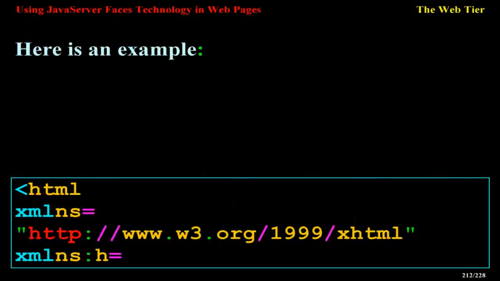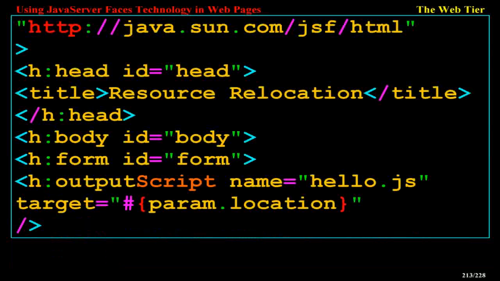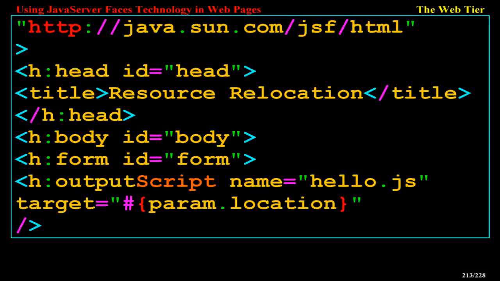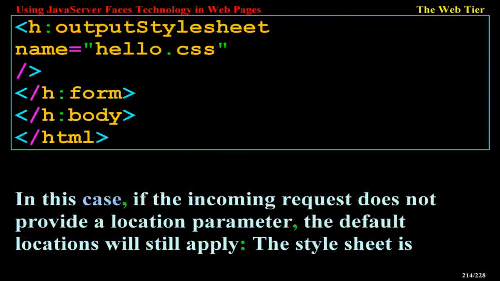Here is an example. <html xmlns="http://www.w3.org/1999/xhtml" xmlns:h="http://java.sun.com/jsf/html"><h:head id="head"><title>Resource relocation</title></h:head><h:body id="body"><h:form id="form"><h:outputScript name="hello.js" target="#{param.location}"/><h:outputStylesheet name="hello.css"/></h:form></h:body></html>